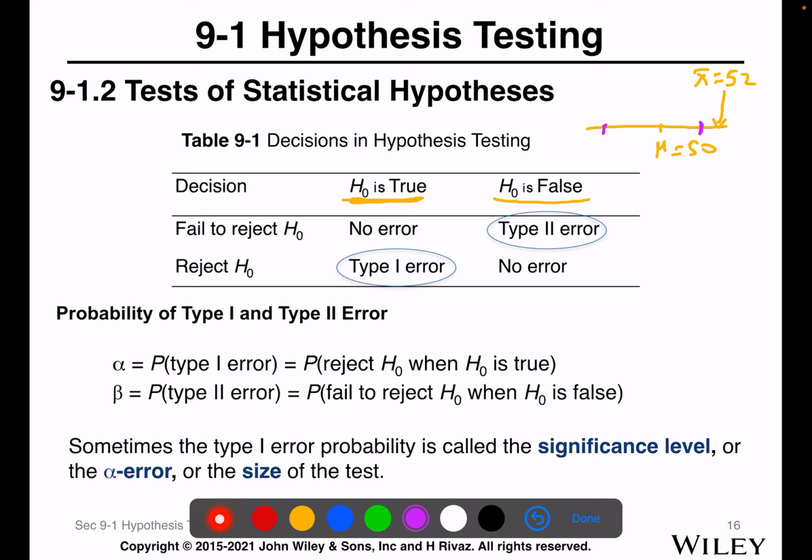In this case, we say that 52 is outside of that range, so we reject the null hypothesis. But since H0 was true, we reject it by mistake. That's called type 2 error. And there's another type of error that's called type 1 error, which means that